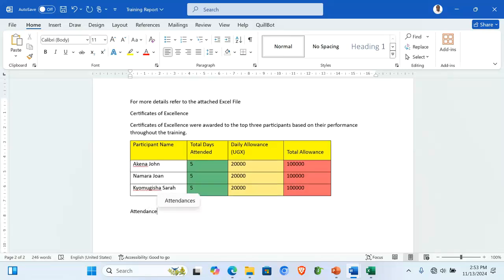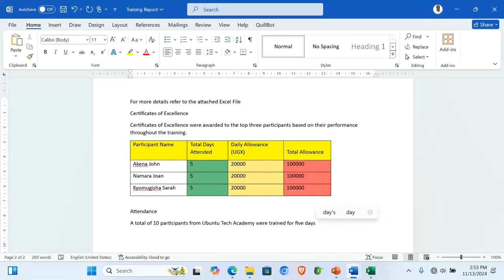A total of 10 participants from Ubuntu Tech Academy were trained for 5